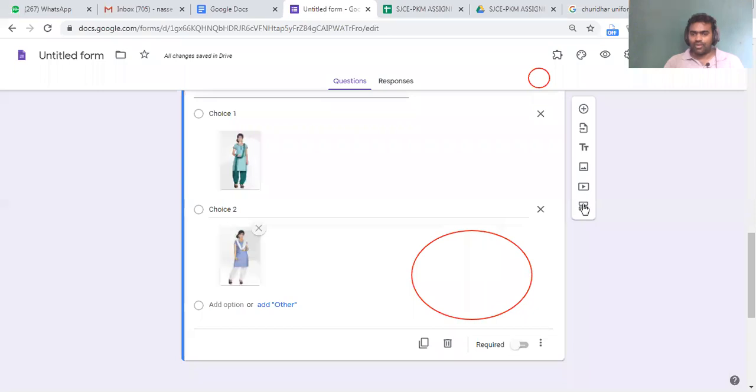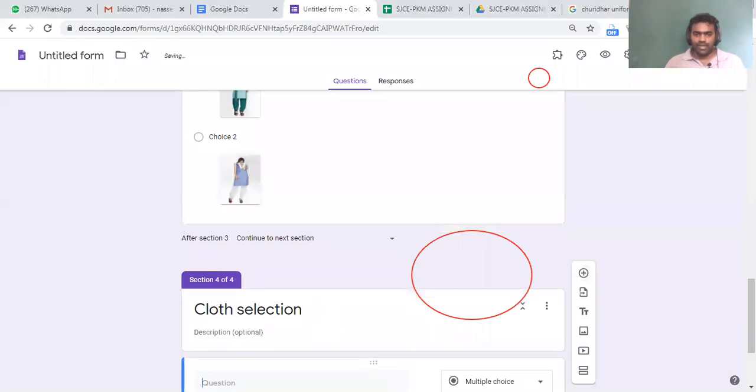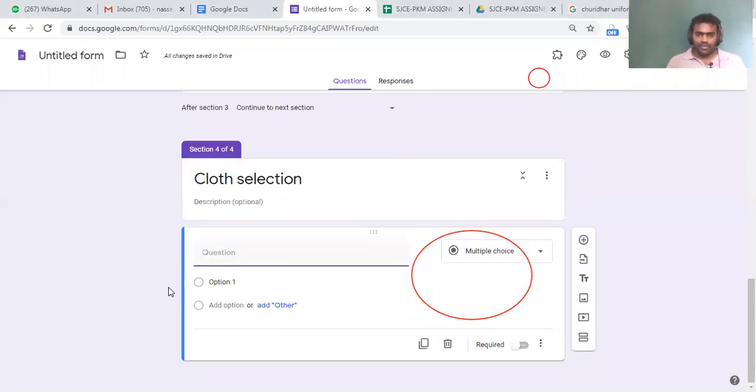Now after this, I'll add cloth selection. Okay, cloth selection. So here I can add one item. I'll add which type of cloth you wish to have.